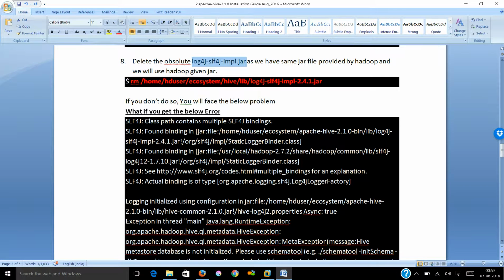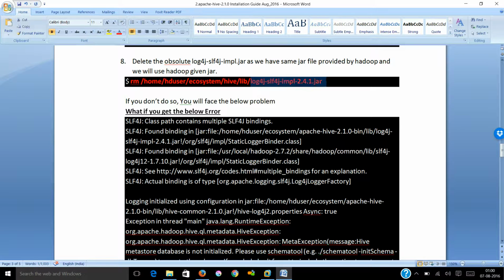Alright. Now when you have installed your Hive, it contains the lib folder, and under that lib folder you will find log4j-slf4j-impl.jar. A similar jar file is also available in the Hadoop 2 lib folders. So when you try to launch your Hive, it gets confused about which jar file to pick up, the Hadoop supplied jar file or the Hive supplied jar file, and then you'll get an error. You'll get an error like this: class path contains multiple SLF4J bindings. In order to avoid this, I suggest you go to the Hive lib folder and delete the